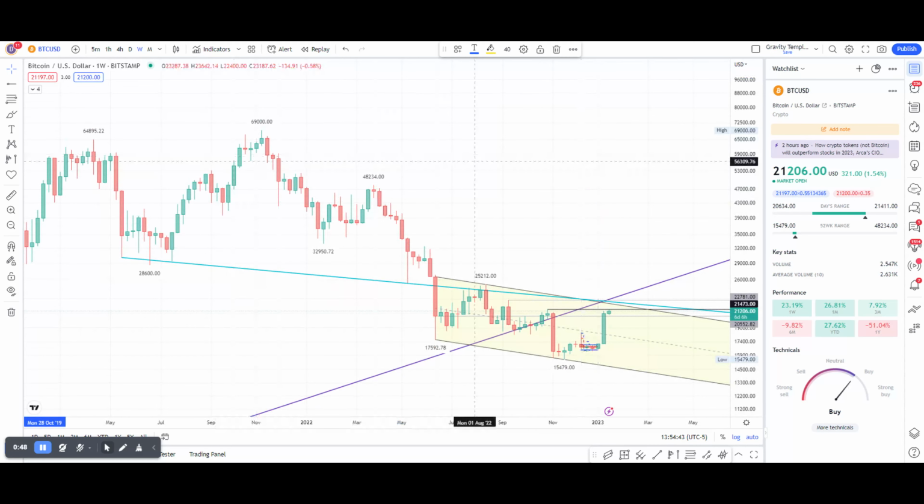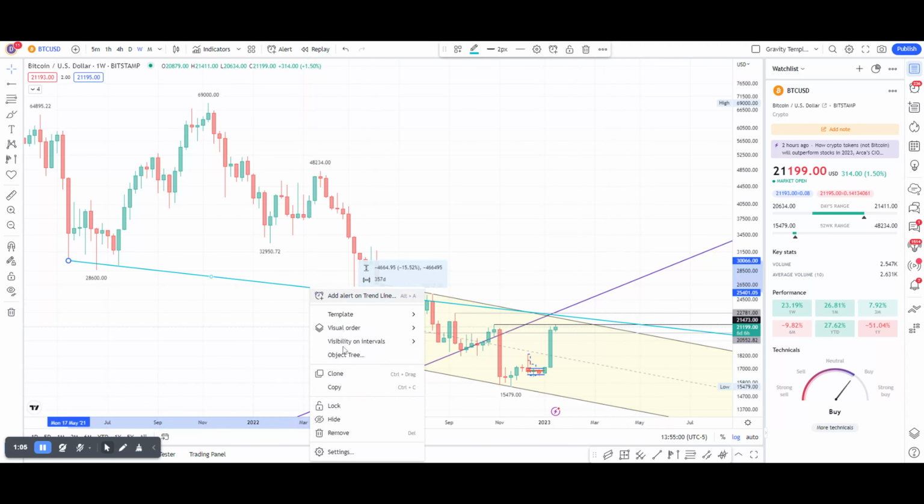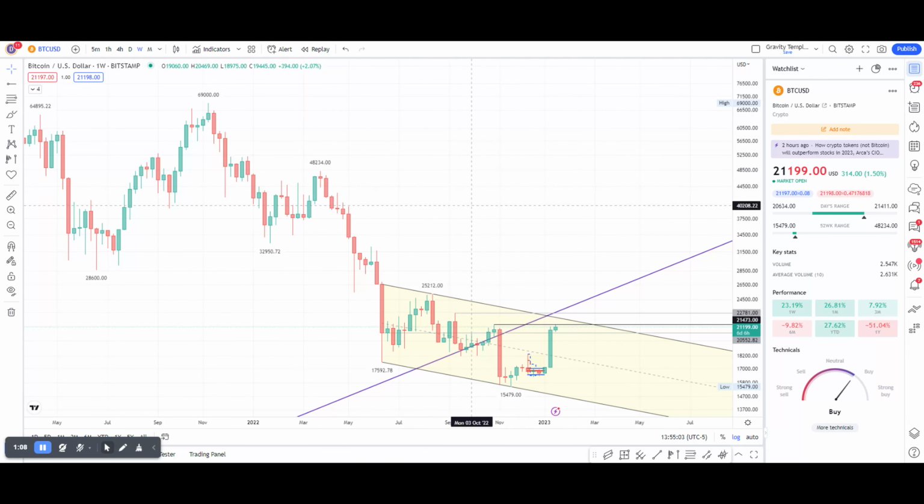Let's look at the weekly time frame. This is our purple line from before, and you see price is getting near it. It'll probably be at around 23,000. And I've also put this yellow channel, which is also a potential bull channel. The first touch point is at the open of June 13th, 2022. Second touch point at 25,212, and extending that line,